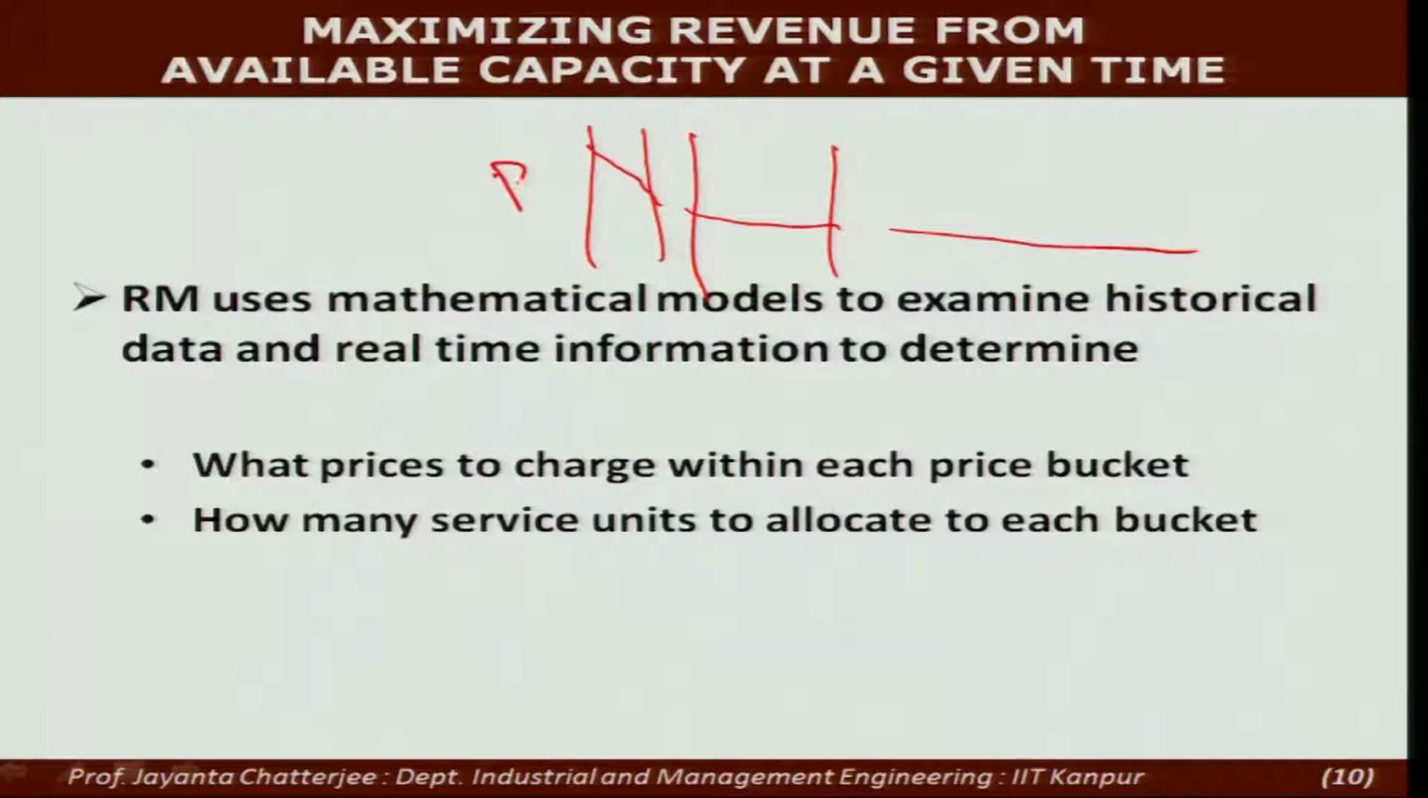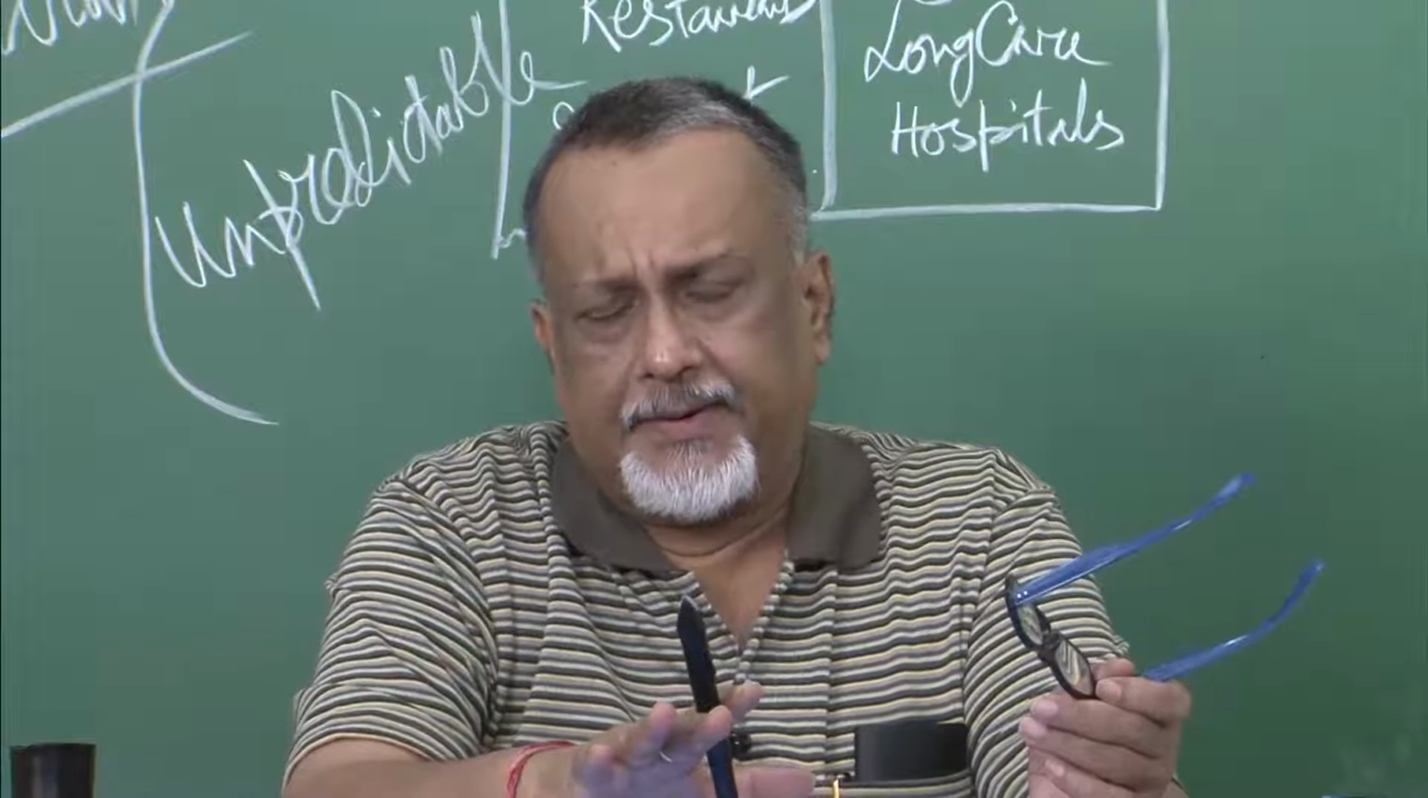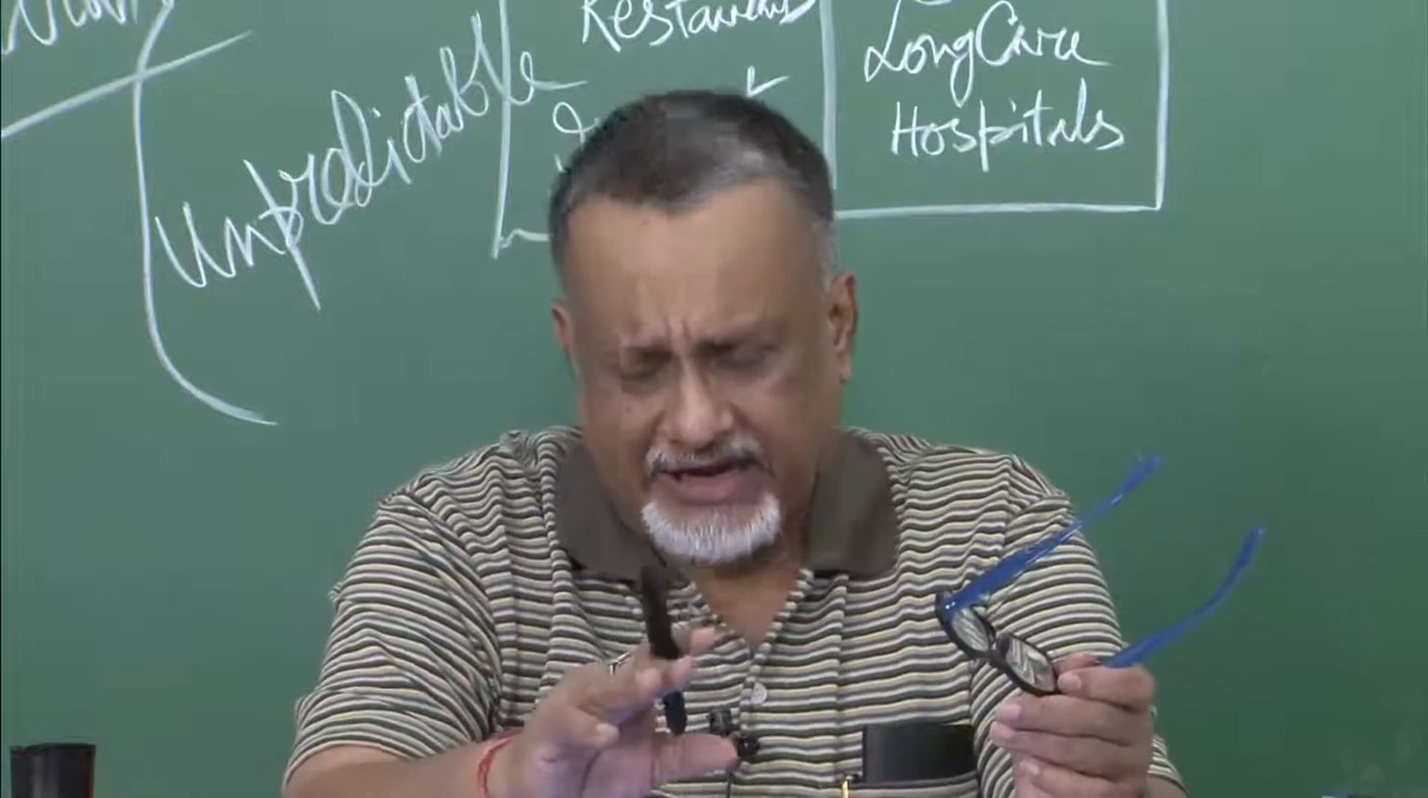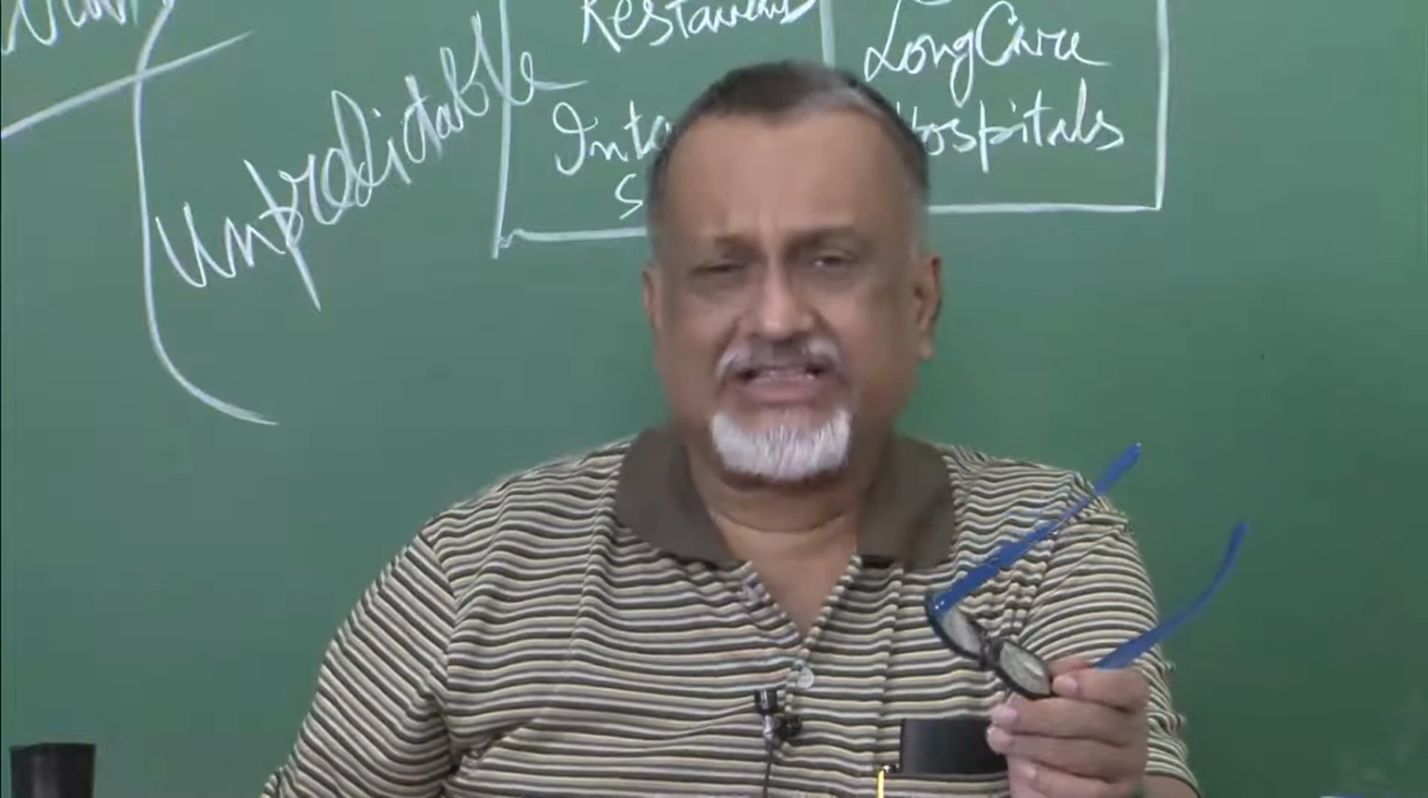So, this is bucket number 1, this is bucket number 2, this is bucket number 3, where we will be charging different prices, and we have to create the buckets in such a way that we have some allocable capacity, or we can migrate some capacity from one bucket to the other bucket. These are relatively well done in a hotel or on an airline, because on the capacity side also